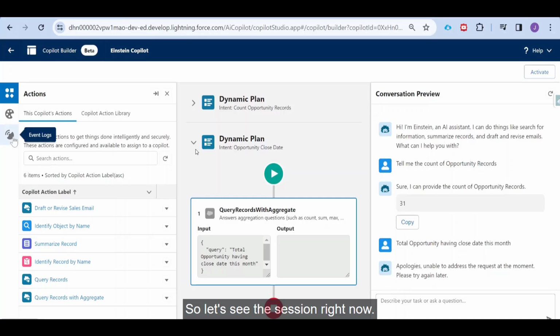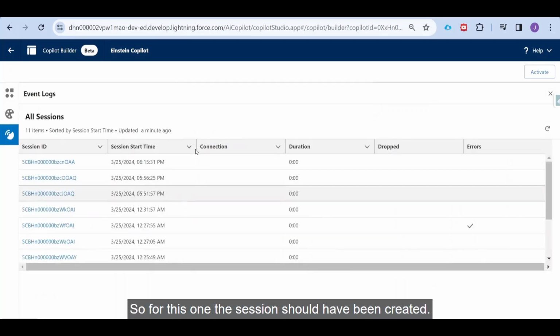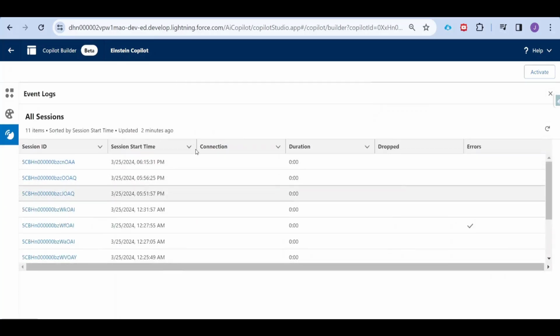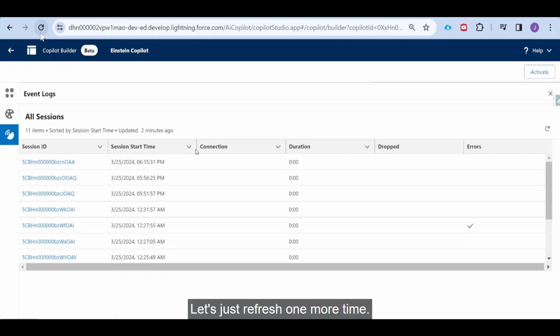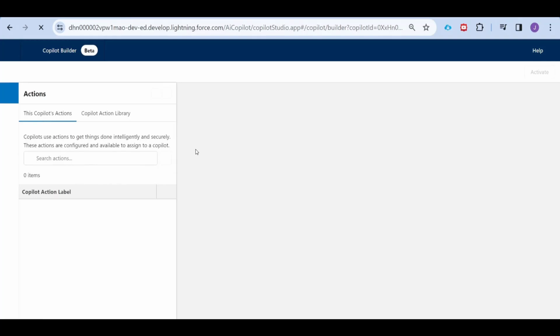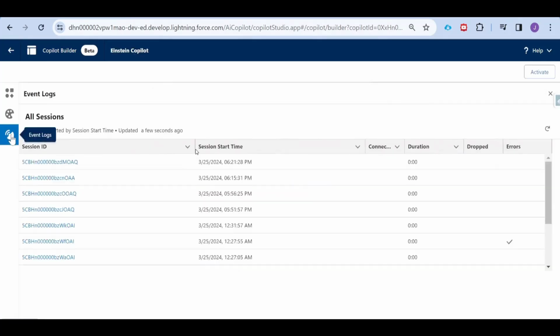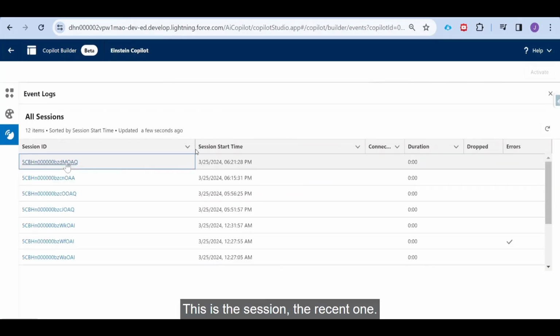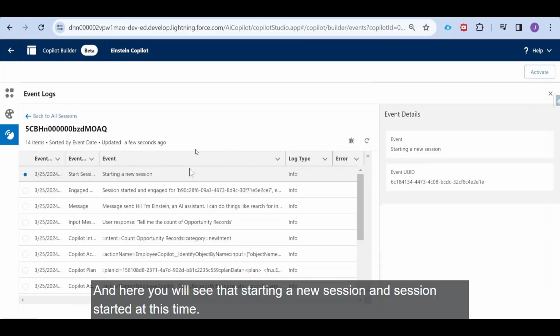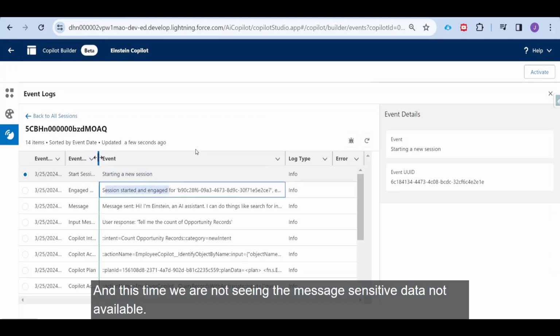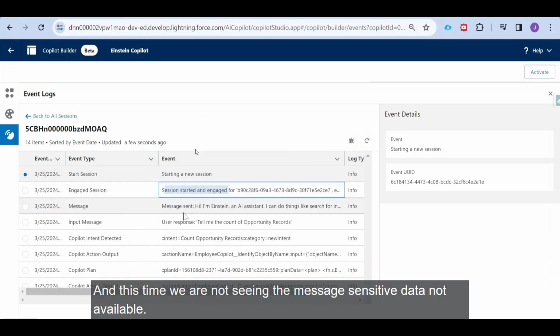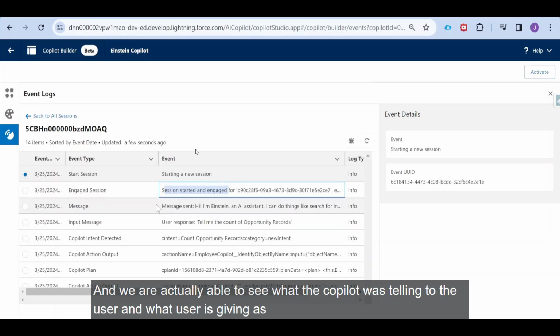So let us see the session right now. For this one, the session would have been created. It's not yet. Let's just refresh one more time. Okay, this is the most recent session. And here you will see starting a new session, and the session started at this time. Now we are not seeing the message sensitive data not available. We are actually able to see what the Copilot was telling the user